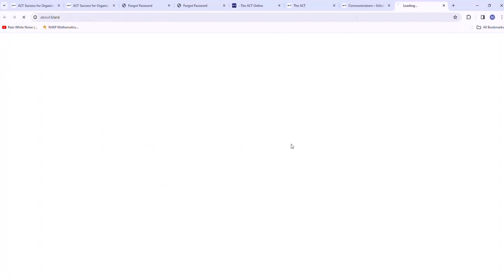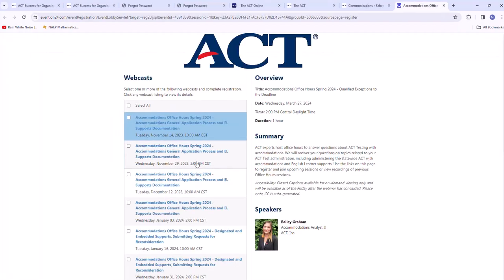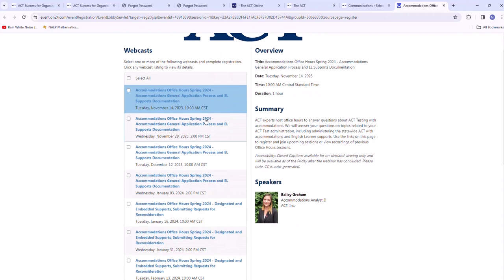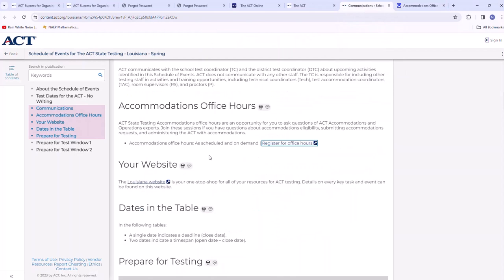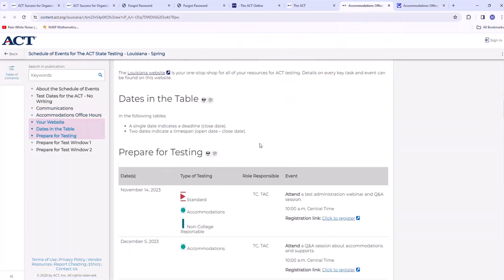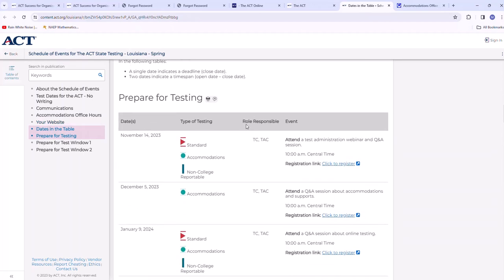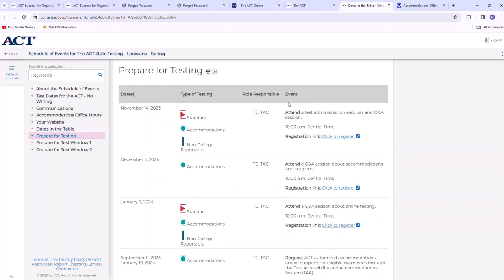If you click on it, these are office hours, and some of them have already been recorded. And then, dates in the table. I'd like a PDF of this. I don't like the way they have this. And then prepare for testing.